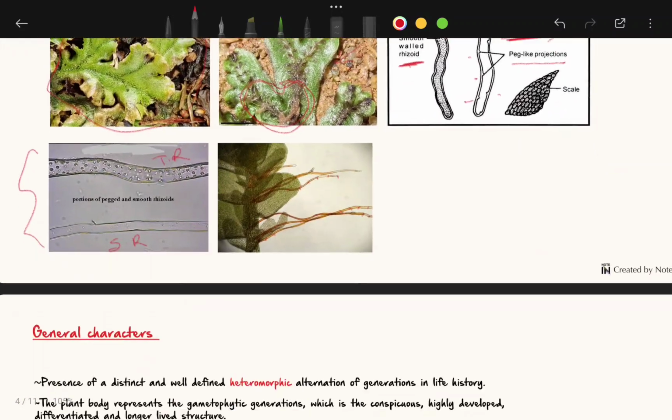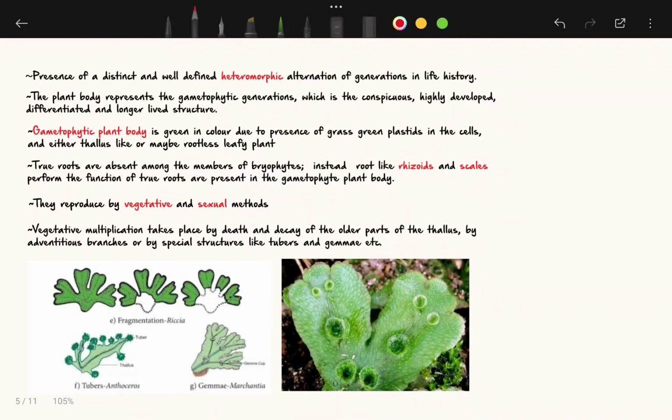The next point is reproduction. Bryophytes are known to reproduce by two methods: vegetative and sexual methods. The vegetative method takes place through fragmentation, through tuber formation, and through gemma. As you can see in this structure, this is Marchantia. This region here